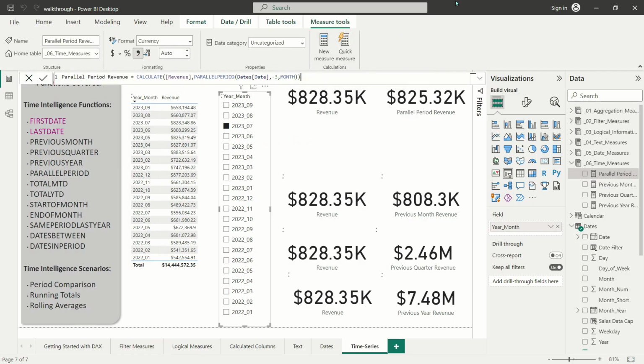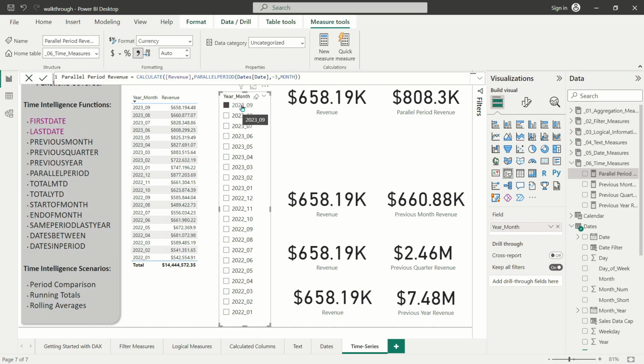And so this can help when you need to do something like previous month, previous quarter, previous year, but you need a little bit more precision over the intervals that you're looking at back in time. So if I need to skip a few months, if I need to, for example, compare the last month of third quarter to the last month of the second quarter, this is a shortcut for doing that. So now, if I want to compare the last month of Q3, September, to the last month of Q2, which would be June, I can